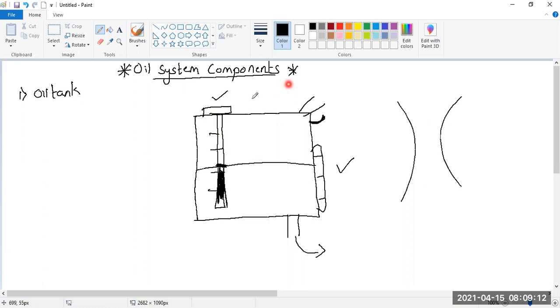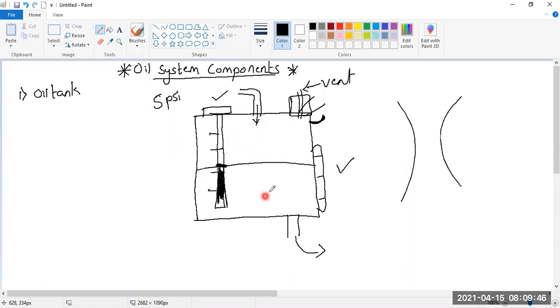To prevent this, what we do is at the filler, suppose this is a cap, in the cap itself I will have a very small vent. This vent ensures that there is always some amount of air pressure available over here. As well as this, the manufacturer takes the pressure from the compressor and puts the pressure at the top of the tank. This pressure should not be more than 5 psi. So we'll have a pressure reducing valve which will reduce the pressure to 5 psi, and that 5 psi pressure is available over here.